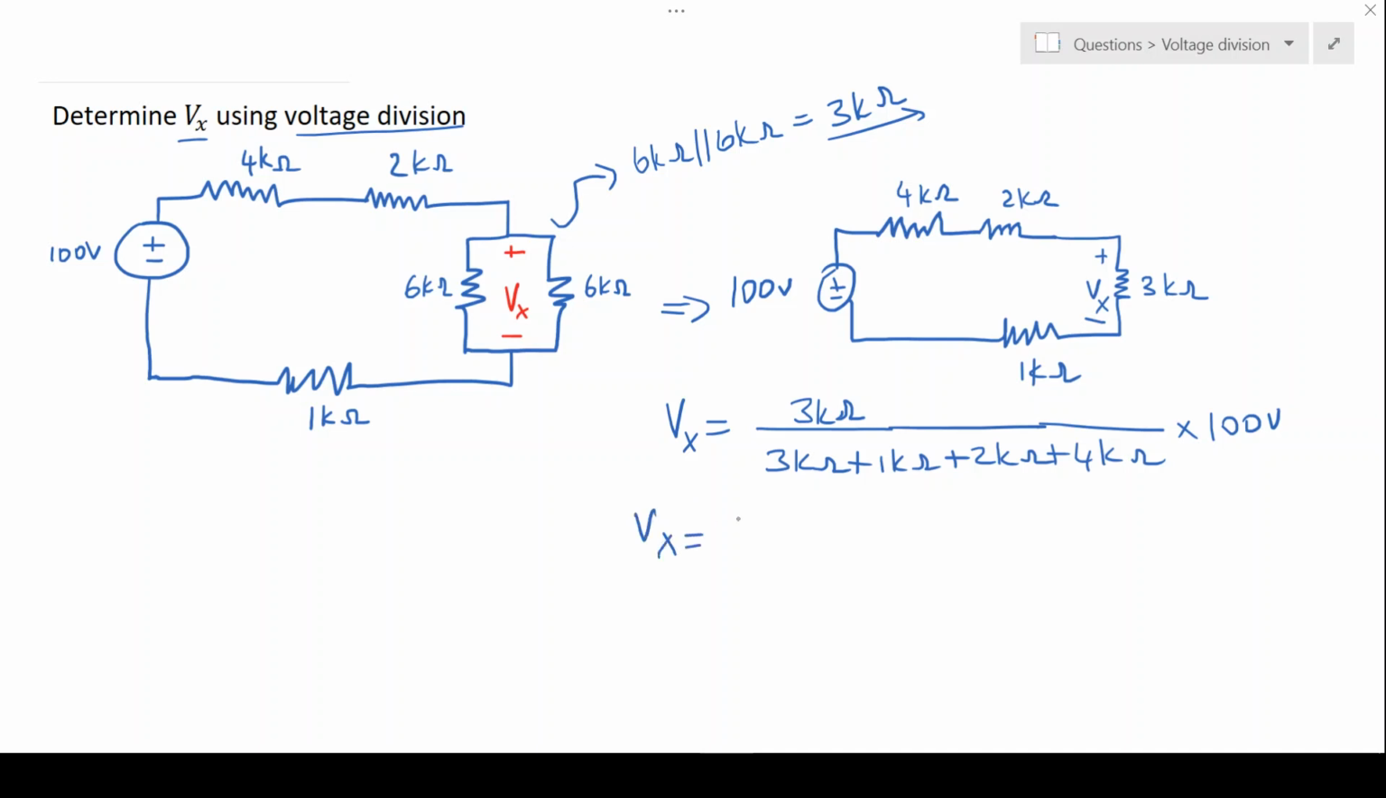So Vx is going to give us 3 over 3 plus 2 plus 4, that's going to be 3 over 10 multiplied by 100 volts, which then gives us